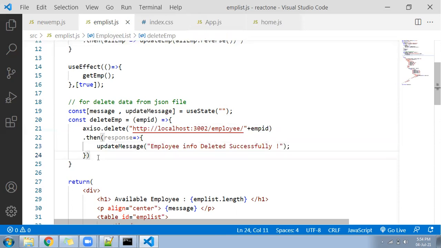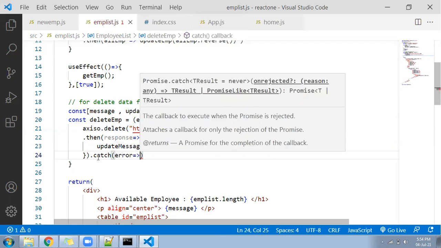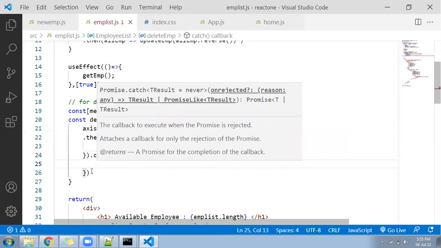Another option we have, we can apply here a catch. Under the catch, we have to keep an error. If an error happens, then what do we need to display? We need to display some error message.